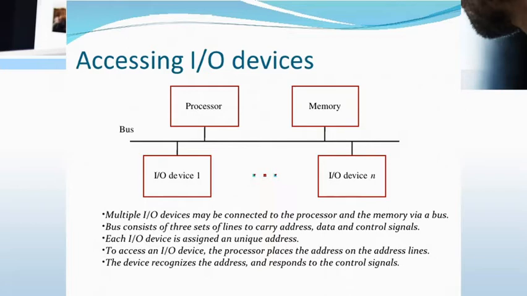There is a simple diagram where the processor, memory and I/O devices, such as keyboard and mouse, are connected with the help of a bus. What is a bus? In the previous session I explained: a bus is a set of wires helpful to communicate with the processor and main memory. So whenever an I/O device wants to communicate with the processor or main memory, the bus will take care of it.